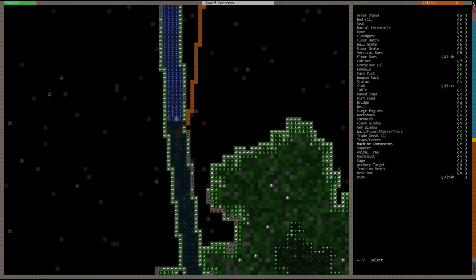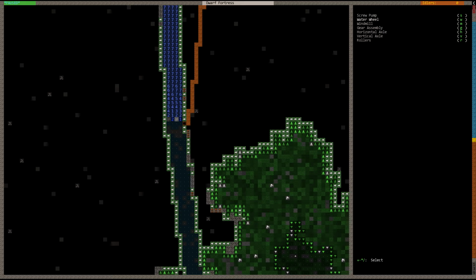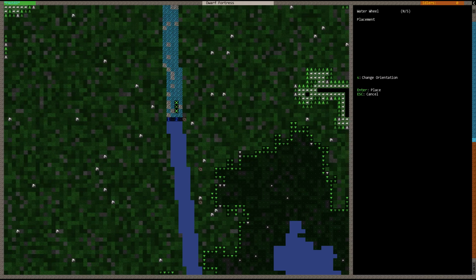I guess it would be under machine components, water wheel, right? And then we'd place, I guess I can't do it. No. I'd have to place... Yes, see? I'd have to place the water wheels here. And then the rest of the water would go through these water wheels and drop down. But then we can have the water wheels placed here. And then off to the side...